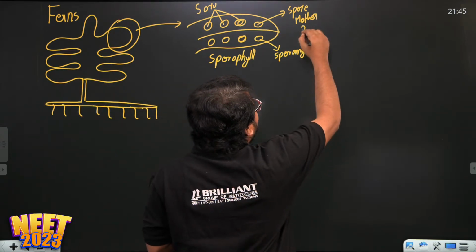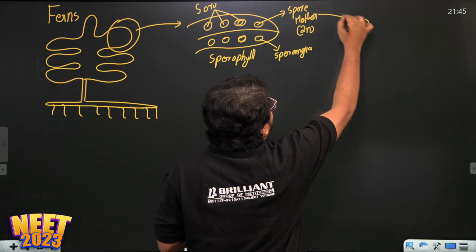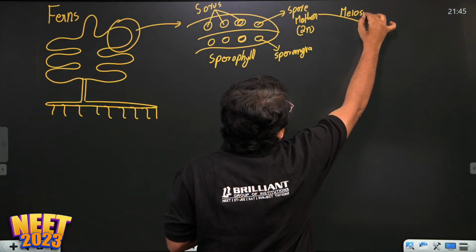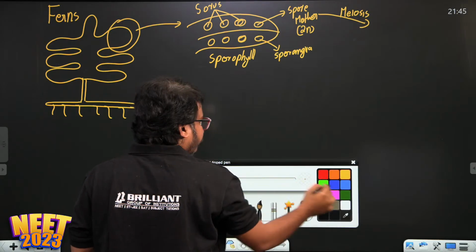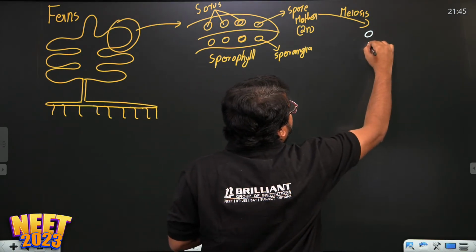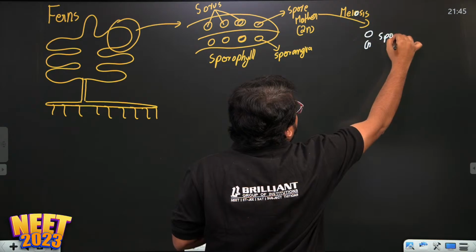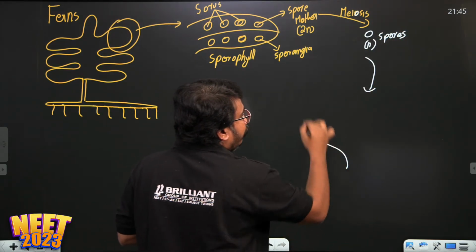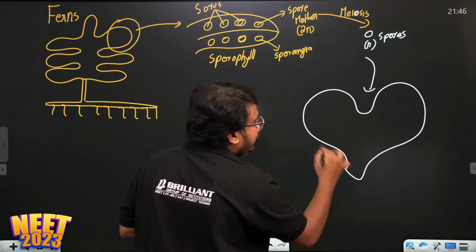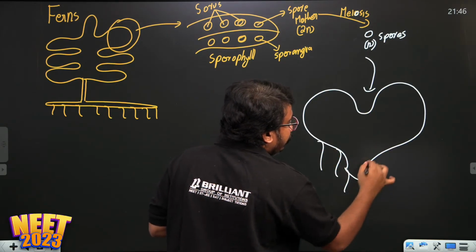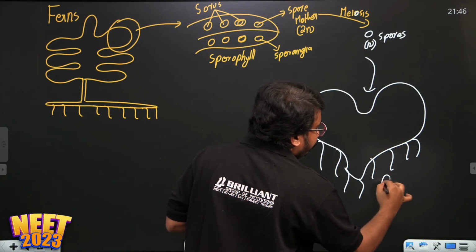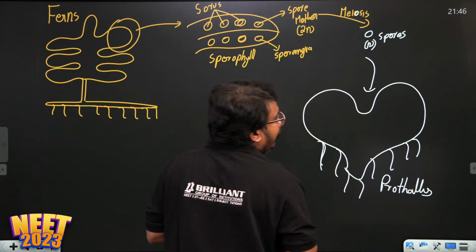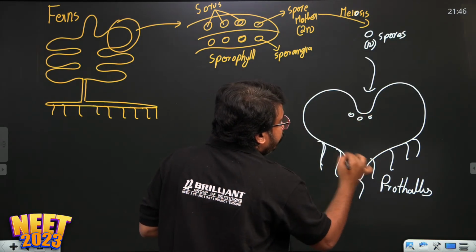Now, spore mother cell is diploid. They will undergo meiosis in order to form haploid spores. These haploid spores, when falling in the soil, they would be giving rise to a heart-shaped prothallus. They will germinate and they will give rise to a heart-shaped structure. That heart-shaped structure is called prothallus. This prothallus will be producing